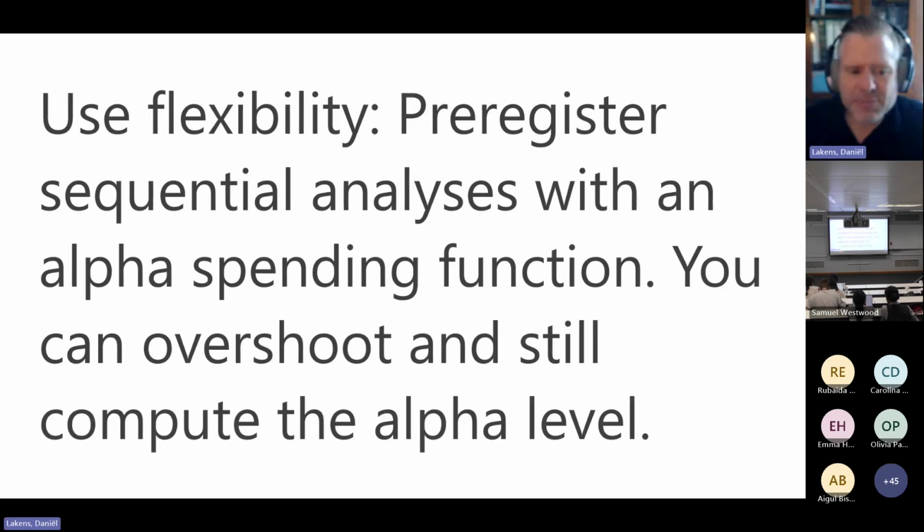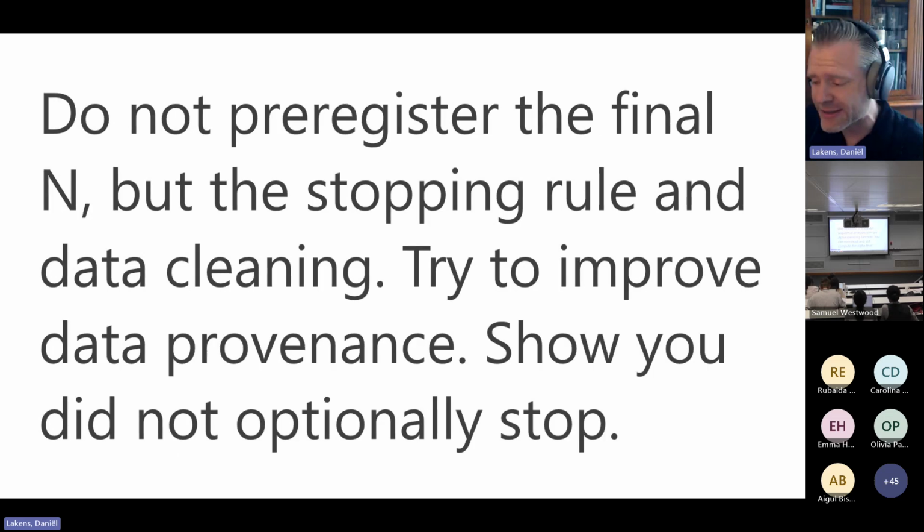So you can actually pre-register analyses such as sequential analysis, which are much more flexible ways of collecting data. You can then flexibly spend your alpha level over looks at the data. And if you oversample, I wish I could spend more time explaining this, but I'm just pointing you to the fact that this exists. If you sample more than you predicted, with these kinds of alpha spending approaches, you can compute the alpha level to take a look at every look at the data and control these kinds of issues. I just want to mention it is underused a lot, but it's one way to have more flexibility and still